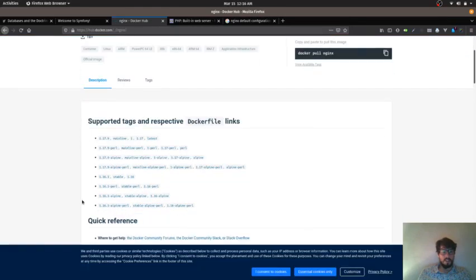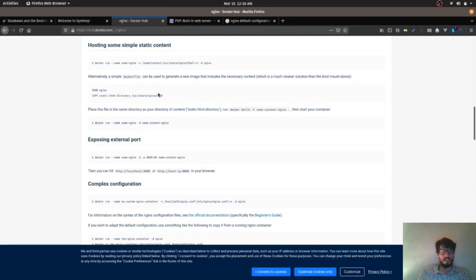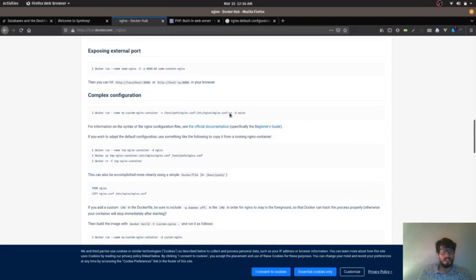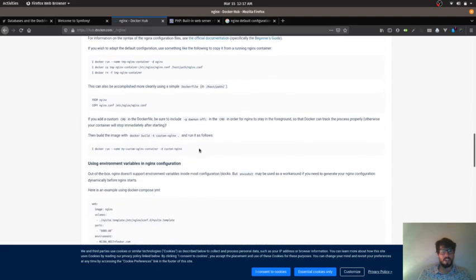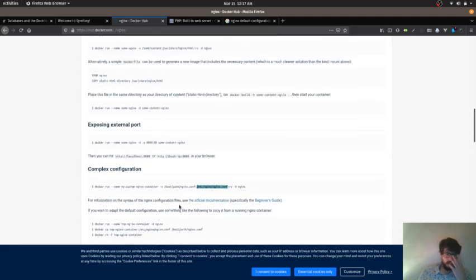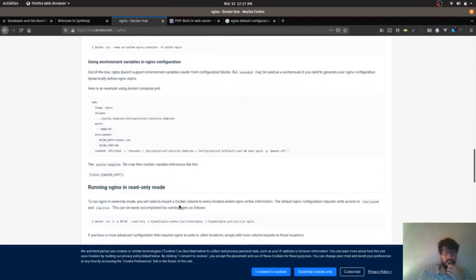Okay, let's check NGINX, user blah blah blah. I don't care about this. Complex configuration. Yeah. And this is the configuration for NGINX, and I don't want to change this, but the